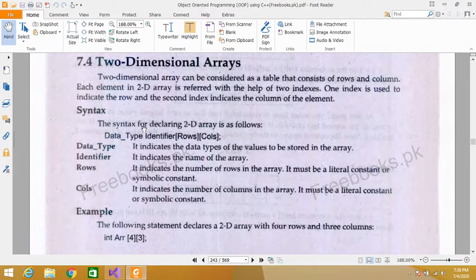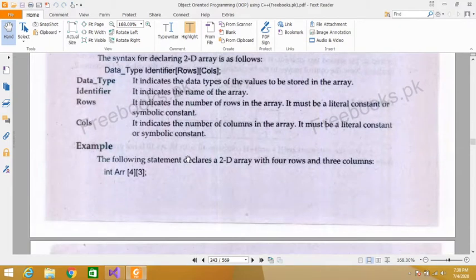Syntax. The syntax of declaring a two-dimensional array is as follows. First of all, data type, then identifier, the name of the array, and then rows and columns. For example, the following statement declares a two-dimensional array with 4 rows and 3 columns.